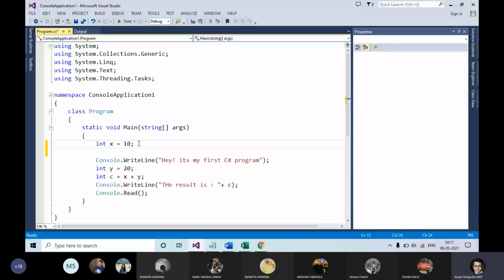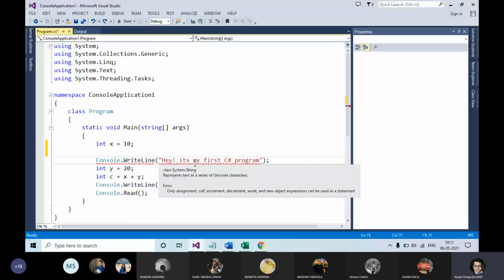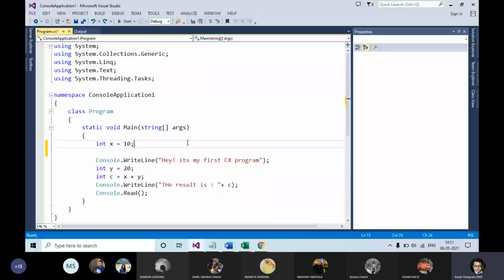Syntactical: you are missing a semicolon, or a bracket, and you get the error because you are not following the syntax defined by your .NET framework. That error is called a syntactical error.